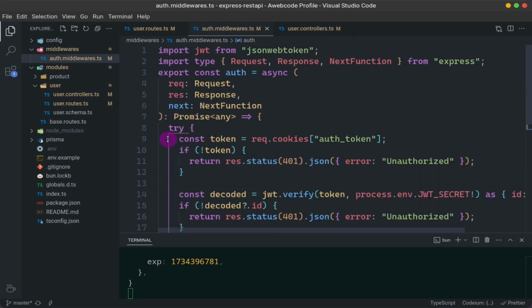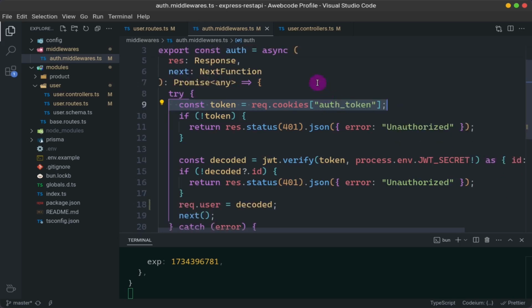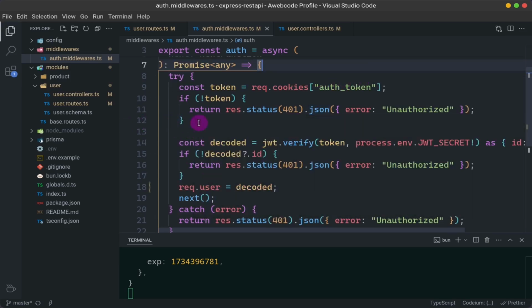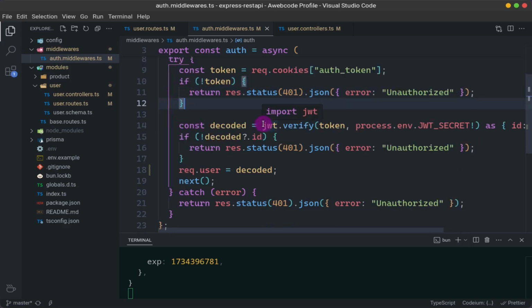After that, we have created an auth token and are extracting cookies from request.cookies. The browser or client side has cookies, and it is checking it, and it is a secure cookie, and we are checking it against our JWT verify, and if it matches this token against our JWT secret,